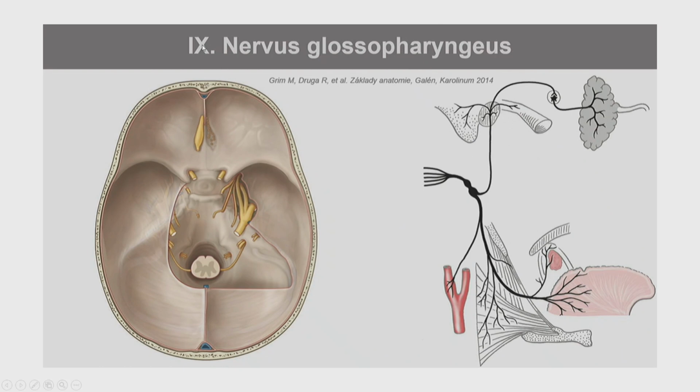Glossopharyngeal, the cranial nerve number 9, is a mixed nerve. It has a lot of fibers, sensitive fibers and motoric fibers, and is innervating, for example, one of the branches innervating the middle ear as a tympanic branch, and it's connected with one of the parasympathetic ganglia, the otic ganglion, and is responsible for the secretion of the parotid gland. So